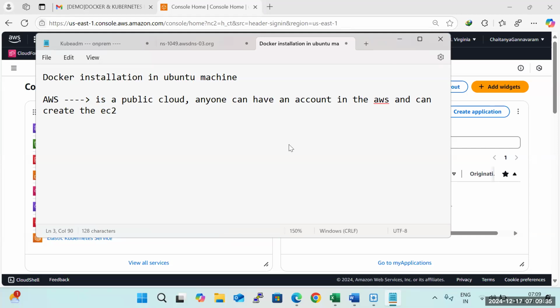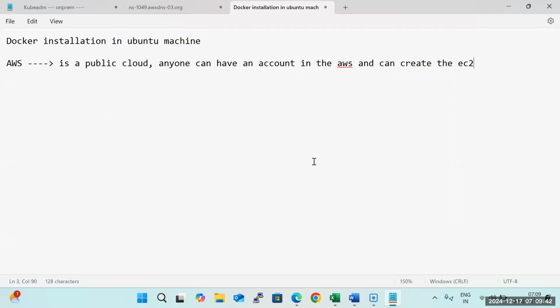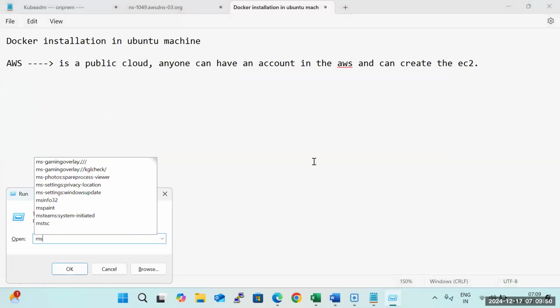For example, I want to create an EC2 instance. Okay. So now if you see here,